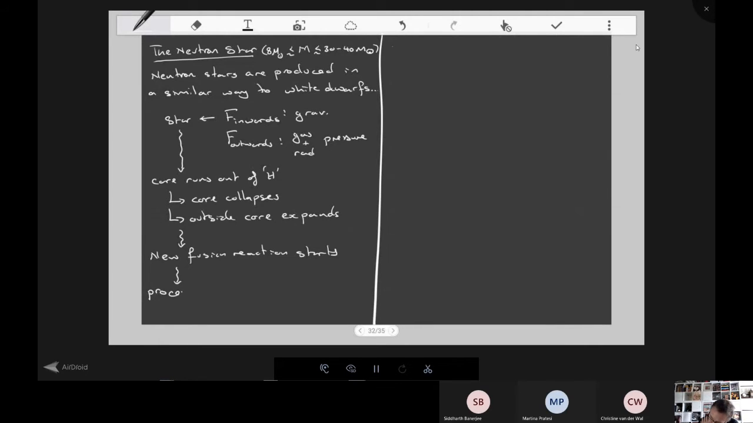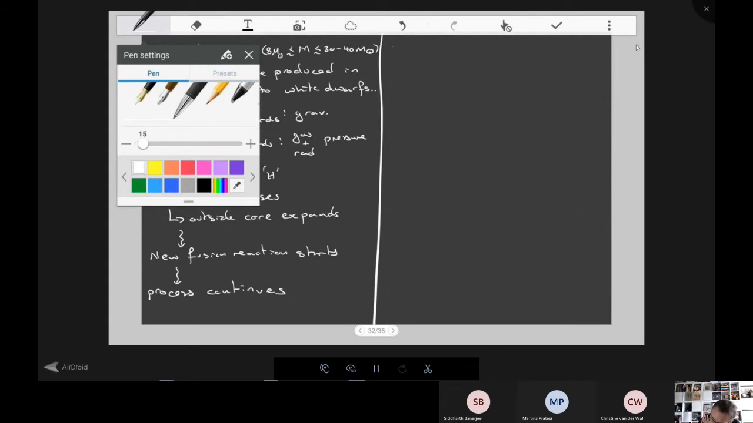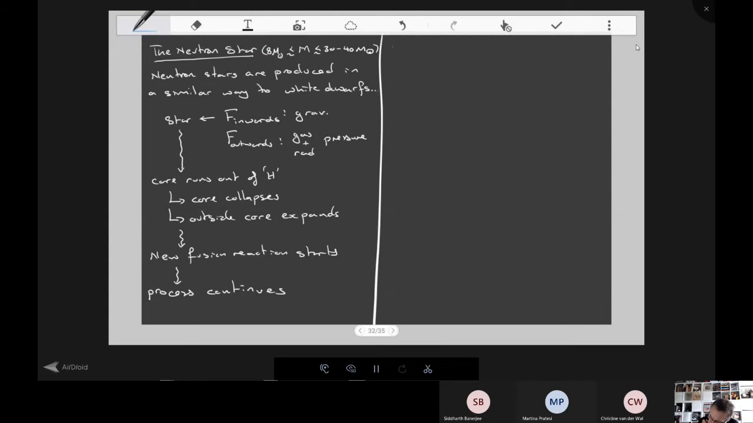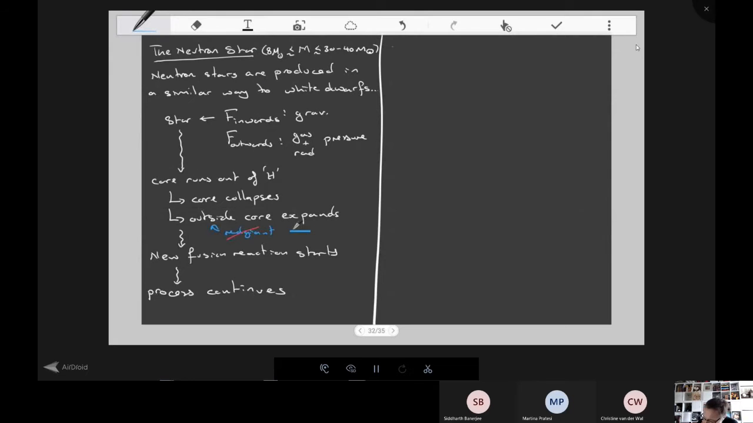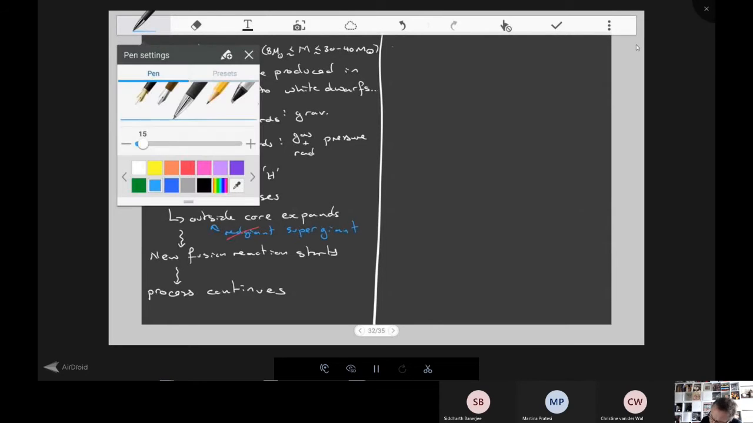This process continues. Can I just say that when we talked about this before and we said the core collapses, the outside expands, we called that a red giant. But now we don't call it a red giant. For the large stars, we call it a supergiant. It's a small change in terms, that's all. A new fusion reaction starts, and this process continues